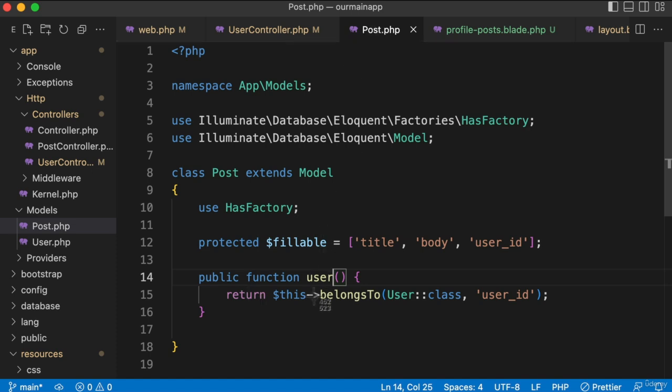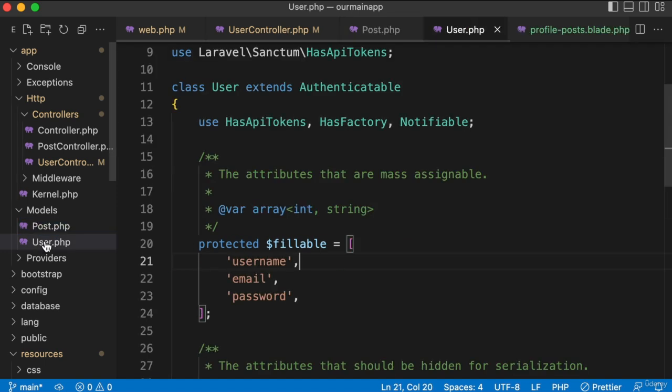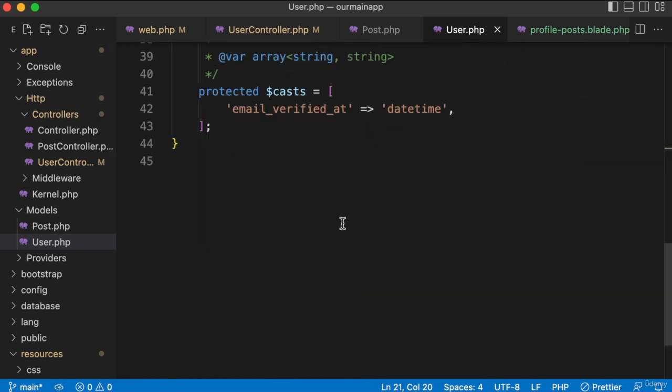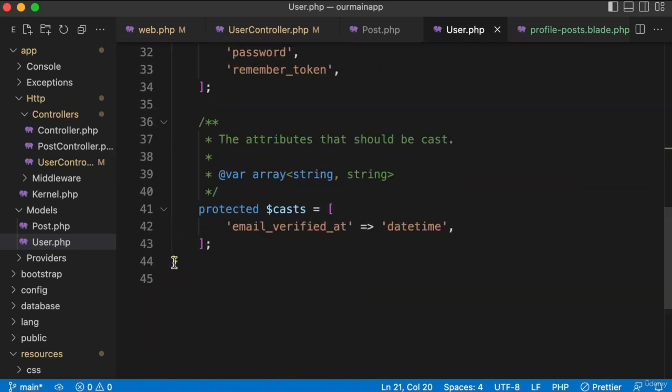Remember down at the bottom, we already defined the relationship from the perspective of a blog post. We said that a blog post belongs to a user, but now we need to go into our user model and define the relationship from the other direction. So check this out. Go into your user model file and maybe down at the very bottom, within this closing curly bracket, but maybe below all of this other code. So right about here, I would just say,